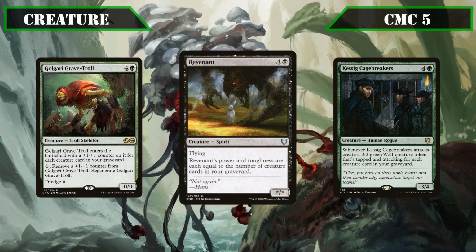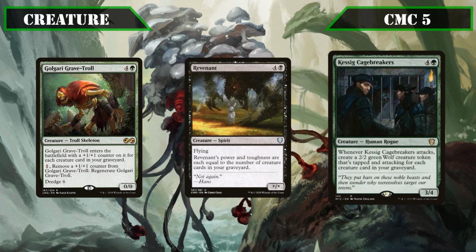Revenant is a star flyer whose stats are equal to the number of creatures we have in our grave. Its built-in evasion easily allows it to bypass blockers and take huge chunks out of our opponent's life totals with its sizable bulk. Kessig Cagebreakers is a 2/4 that, when it attacks, creates a 2/2 wolf creature token that's tapped